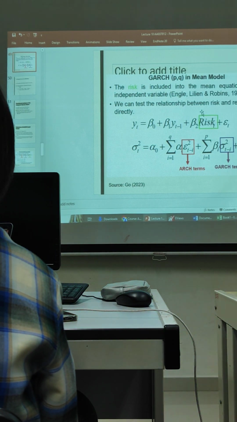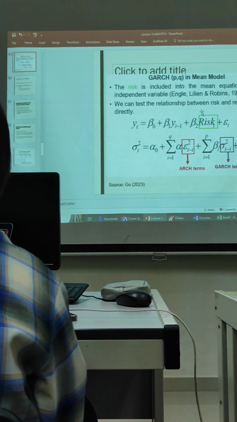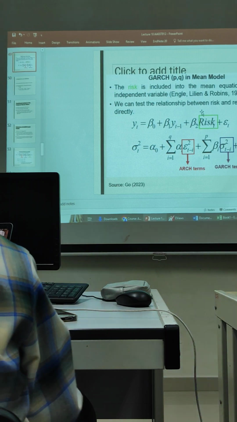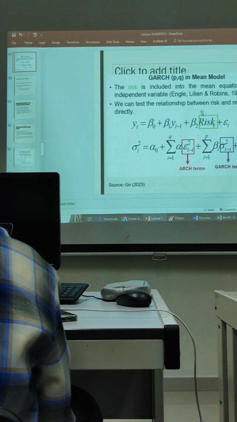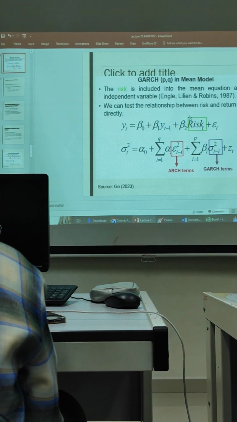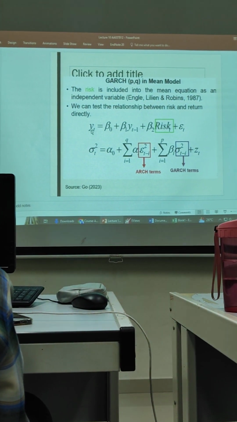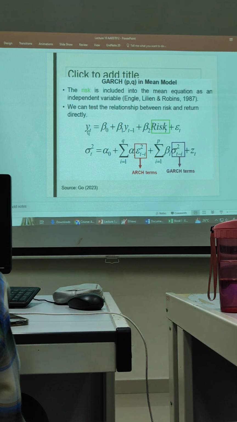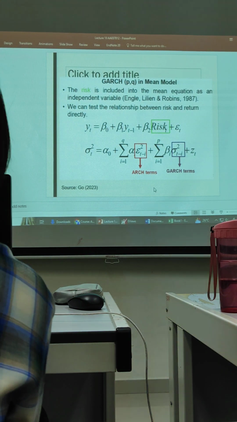We can also have an ARCH-in-mean, but my ARCH model is not good. My ARCH model still has an ARCH effect, so I don't want to use it. Now I would like to use my GARCH model. I want to study the GARCH-in-mean. I want to see whether the risk has any impact on the return or not. Is it useful information? I want to see whether the risk, the uncertainty in the stock price, is going to impact the return on that particular stock price or not.